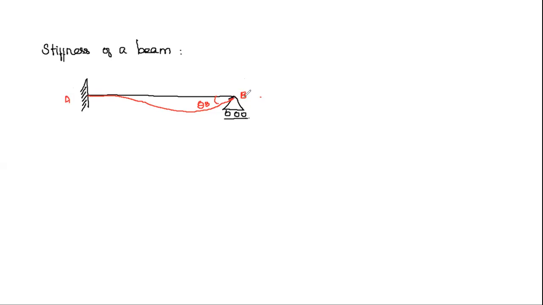The deflected shape indicates that there is an application of anti-clockwise moment here. If a clockwise moment is applied, what will be the deflected shape? If a clockwise moment is applied, the deflected shape will be like this. This indicates a clockwise moment, but in this condition, an anti-clockwise moment is applied.